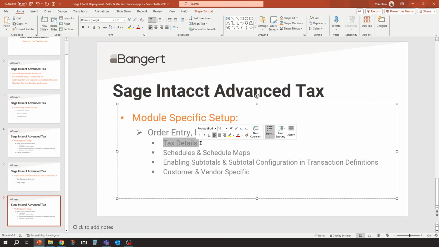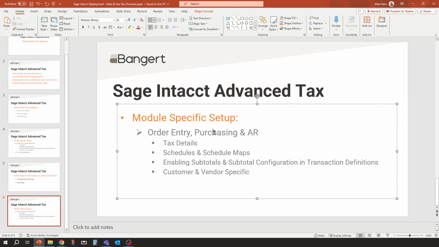If you try to set up a tax details ID in order entry and the same one in purchasing, it will not let you. It will recognize the ID and say it already exists. So if you're going to be using both modules to track tax on the receivable side and the payable side, you need to set up your IDs accordingly.